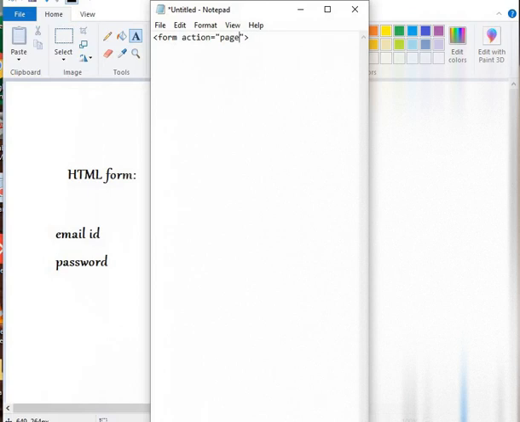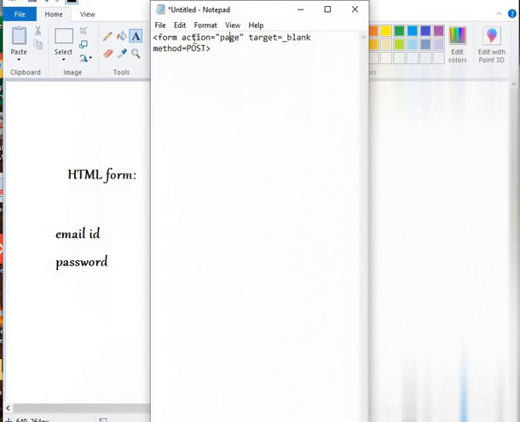So you provide your page name in the action attribute. Then we have target. It could be either blank or self. And then we have method. It could be post or get.